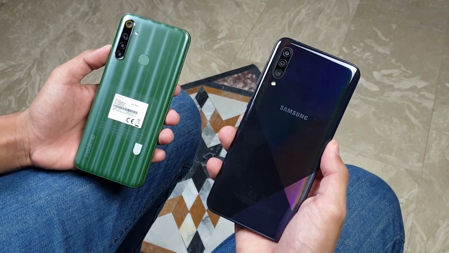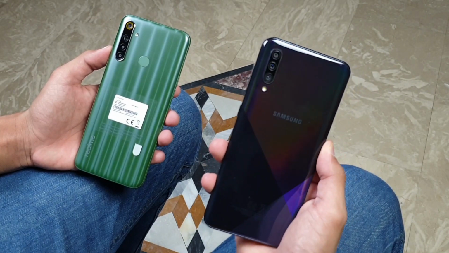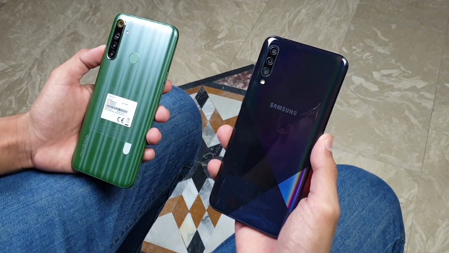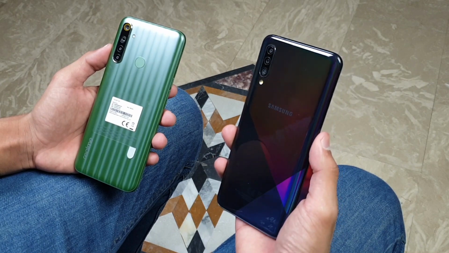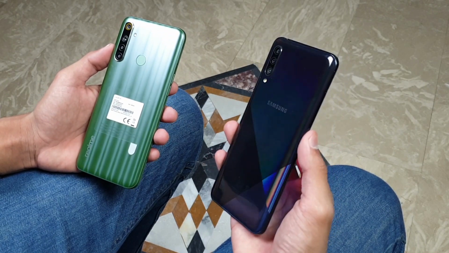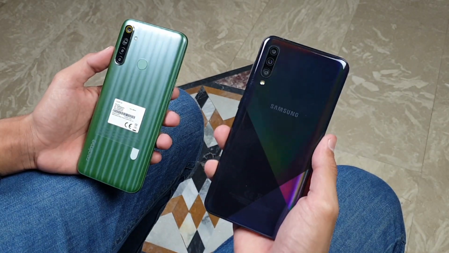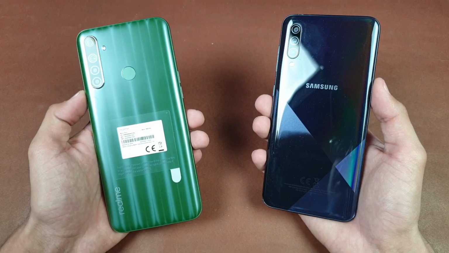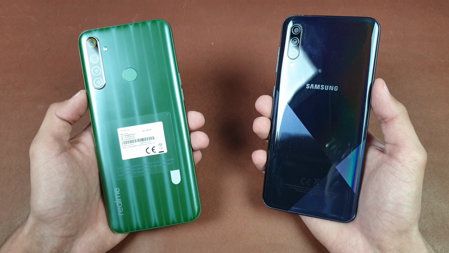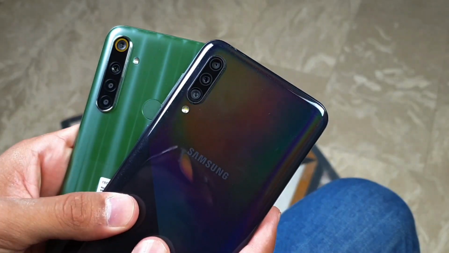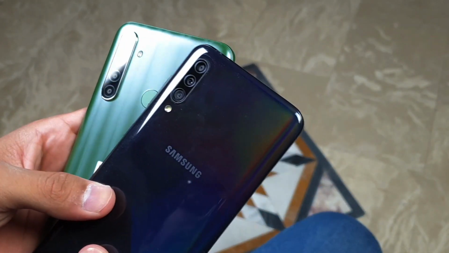It's time to do a speed test comparison between the Realme 6i versus the Samsung Galaxy A30s. The A30s is powered by a Samsung Exynos 7904 chipset with 4 GB of RAM and 64 GB of internal storage, while the Realme 6i is powered by a MediaTek Helio G80 chipset with 4 GB of RAM, and the Realme 6i gives you quad cameras on the back,